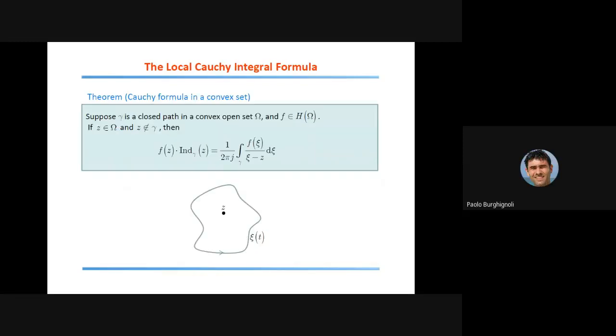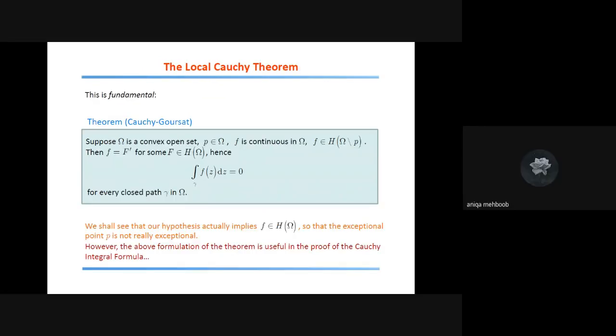Hello, I want to ask some question. Sure, please. Sir, kindly tell me what is H and what is holomorphic. Okay, yes, this is something we saw in the first lesson. H is the class of holomorphic functions. The word holomorphic